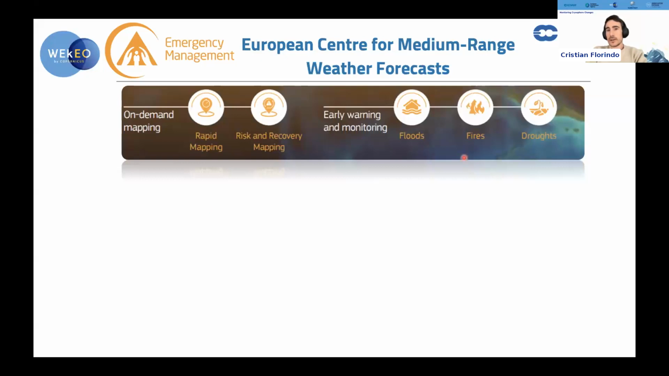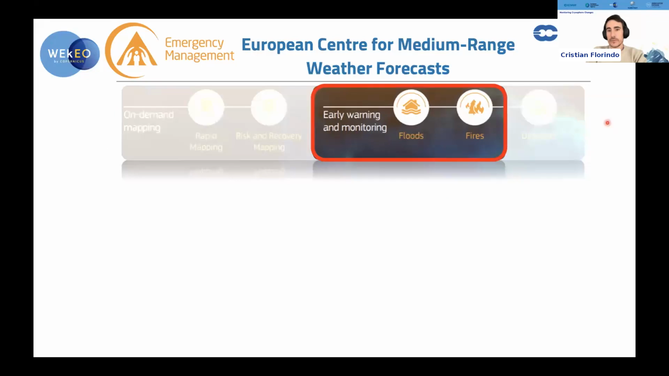But they also have early warning and monitoring. And what you can find on the platform has more to do with floods and fires. So again, if in your studies in the cryosphere you're worried about flooding or things like this, it can still be relatable to you. And finally, besides this, there's also the different Sentinel products that a lot of them are used for